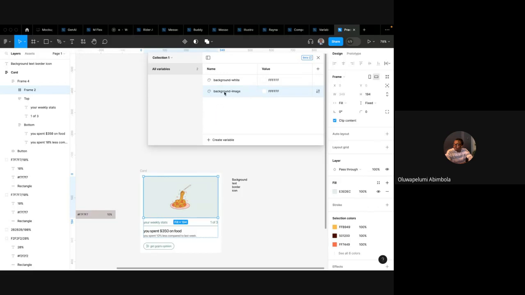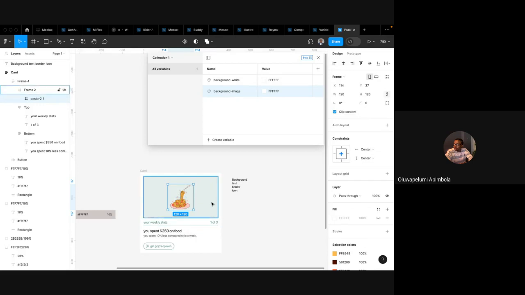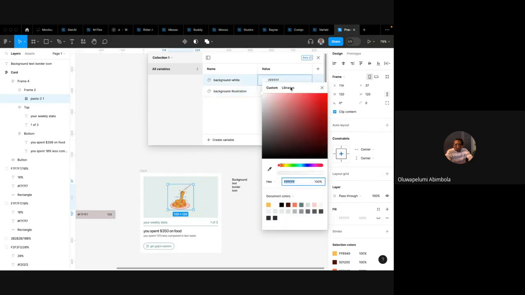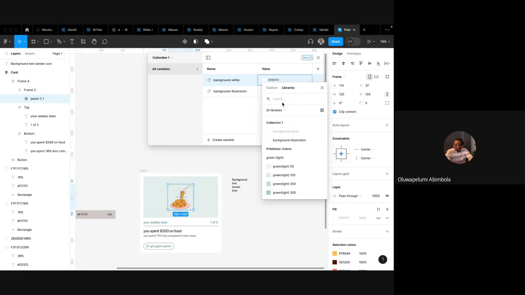So this is for any case where I have an image or an illustration in the middle, or let's call it illustration. So anytime I have an illustration and I have to have this background, this is what it will reference. For backgrounds that are white, this is where we reference. So here, I'm going to reference our base white color. If I search for white,